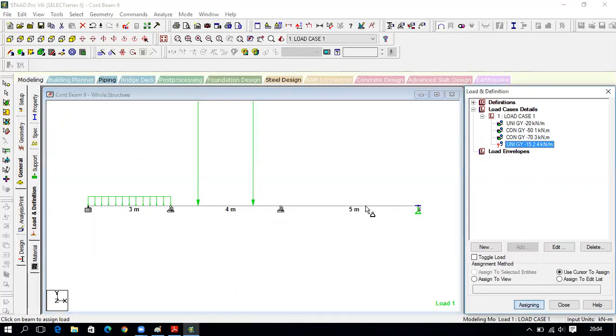Next take this one, click on this one. See here, this load is starting from 2 meter from this support and ending at 4 meter from the left support. From here to here it is 4. From here to here it is 2. I will show this is 2 and this is 4. This is 2 meter. This is 4 meter. So it shows the UDL is acting over a span of 4 minus 2, it is acting over a length of only 2 meter.